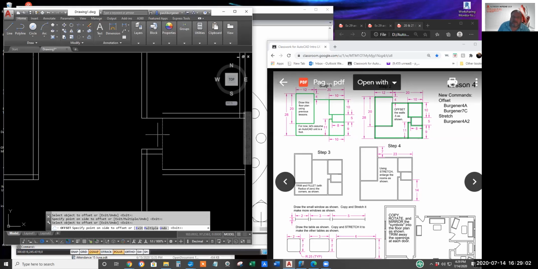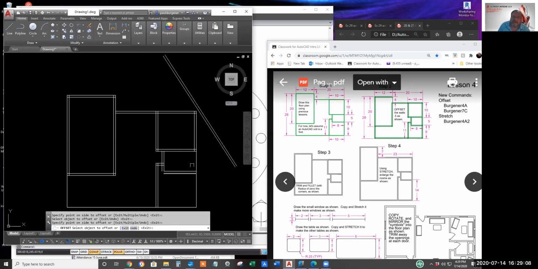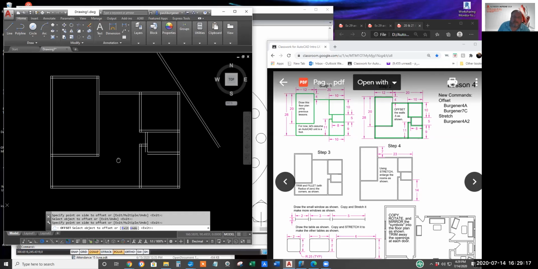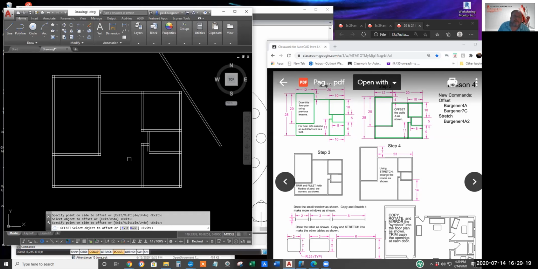Guess it doesn't matter which way you go here, but just machine gun away. Again, the copy command is almost as good. I think you'd have to keep typing 0.5 enter for each and every copy.